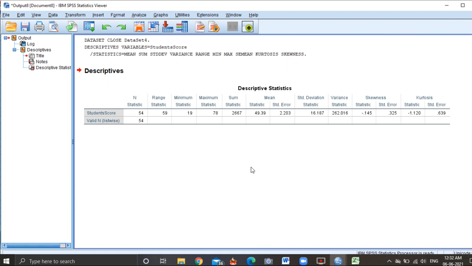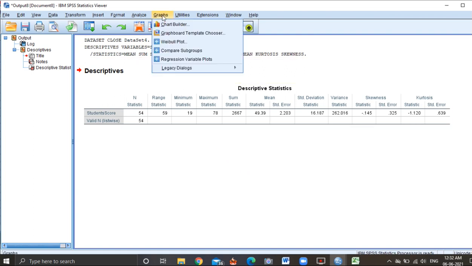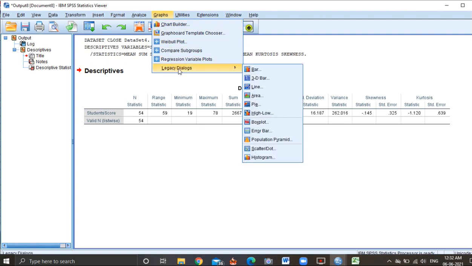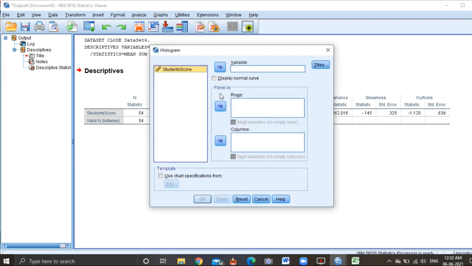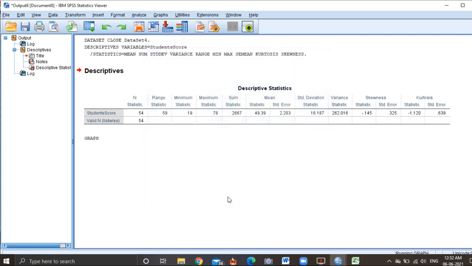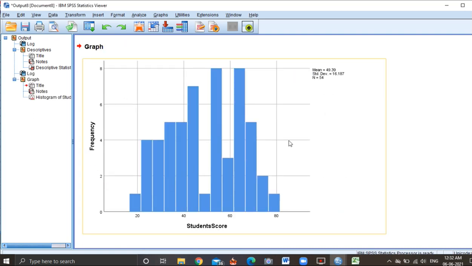So you have to now interpret the result, and before interpreting the result you can also check the distribution of your scores. For that you have to go to graph, and then go to legacy dialog. Within the legacy dialog, select the histogram. Here you have to send this score to the variable and then click OK. Now you will see the histogram here, but you want to check how much it is deviating from the normal.